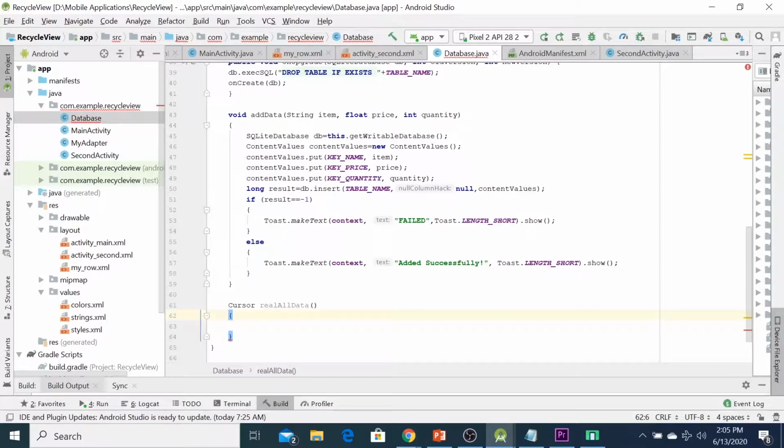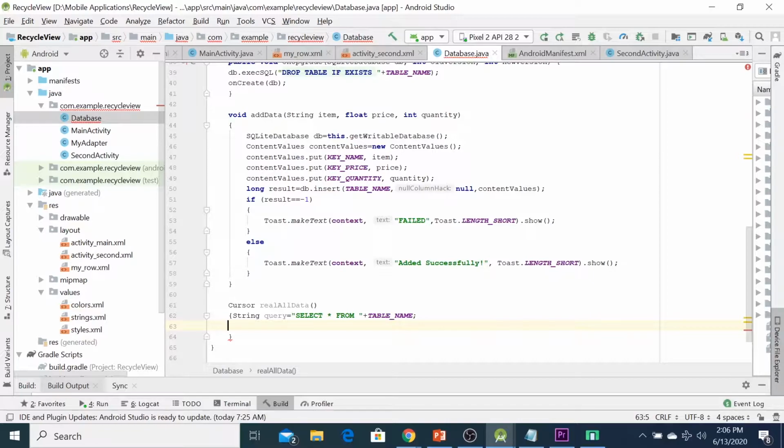We can declare the string query equal to select from and the table name.